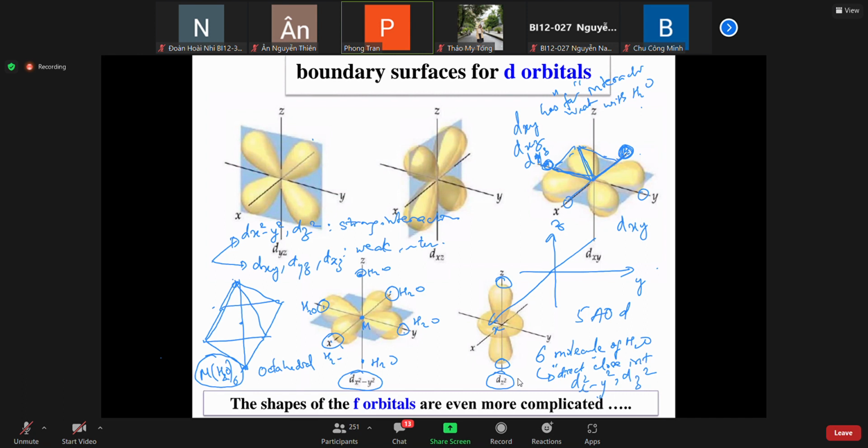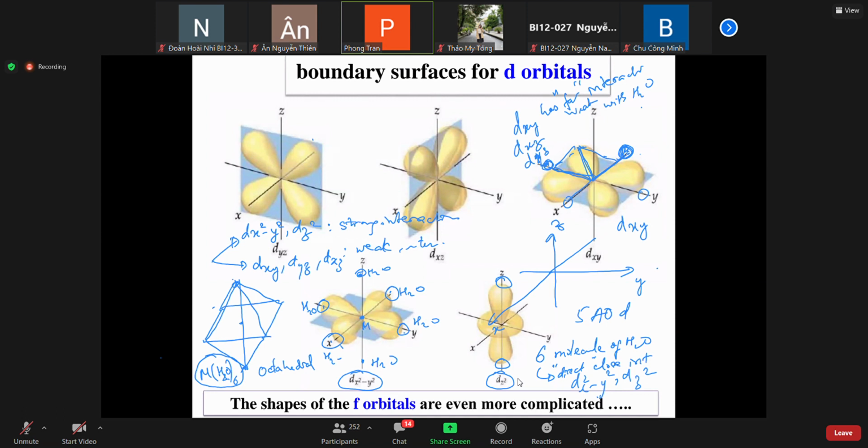Here I put an example, a demonstration: whatever the metal M is, M represents a metal which has 5 d orbitals. Normally, by definition, if M stands alone, the 5 d orbitals will have a similar, identical energy level. However, when the atom M interacts with 6 water molecules arranged in the octahedral geometry I drew here,